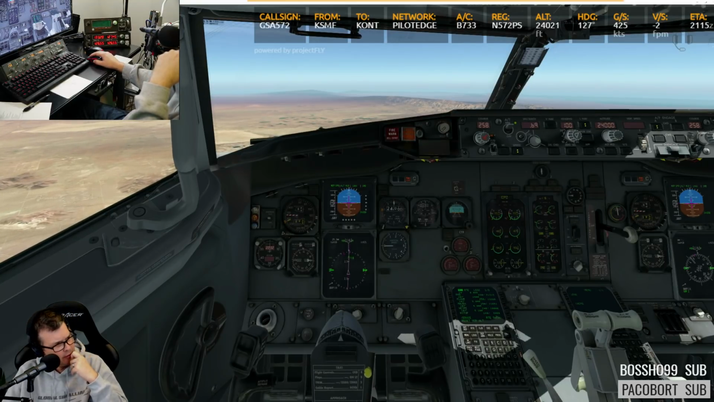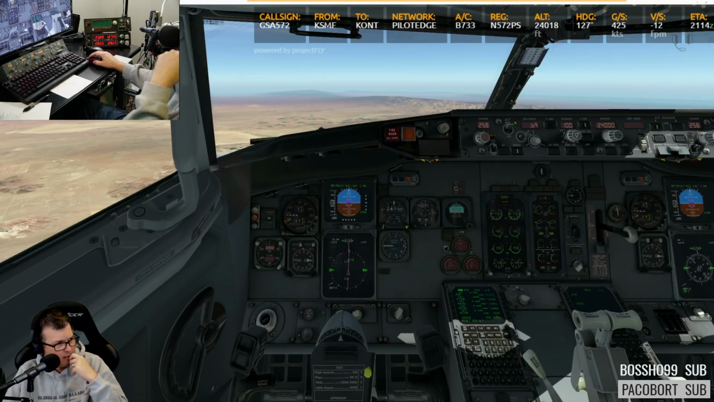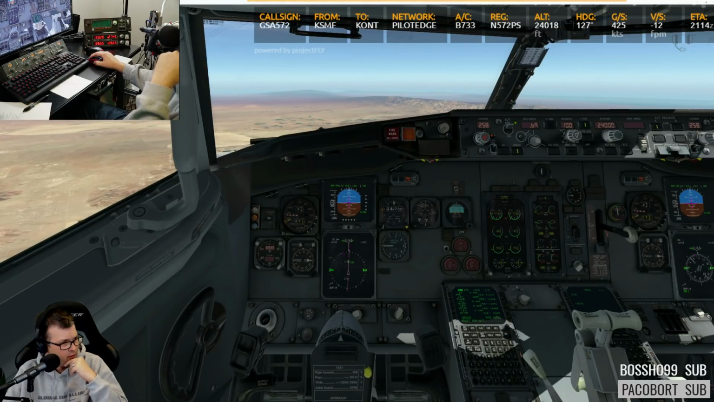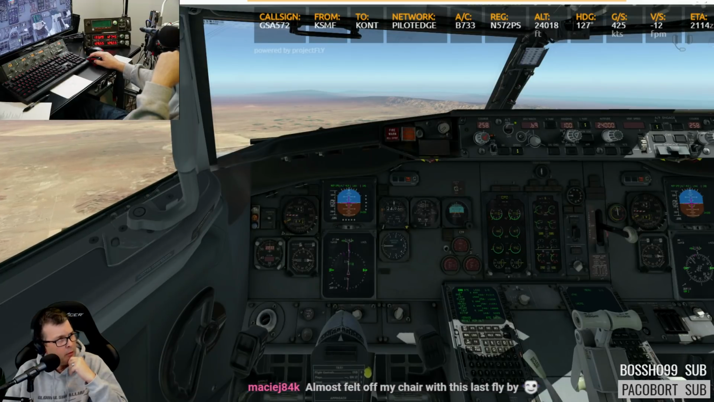I don't see anything else on the chart. And then of course I've got from over Ziggy, I go direct Pettus, and then we expect radar vectors for the approach, but